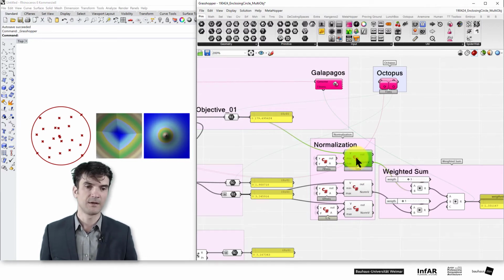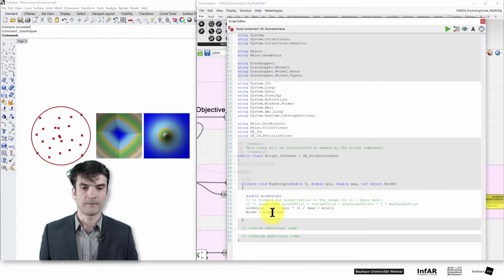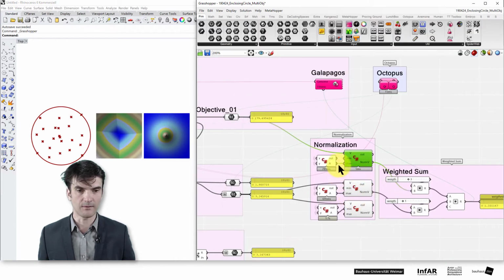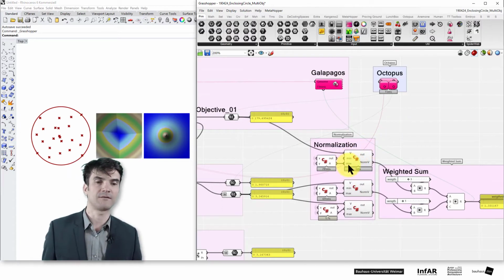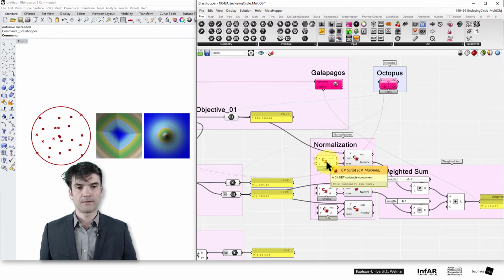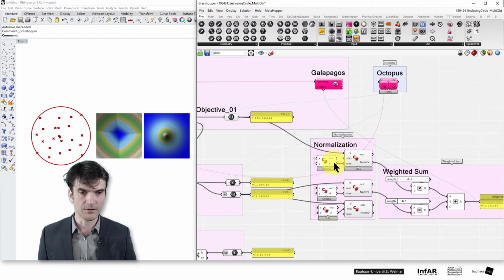And in the script we only see the normalization of one value. It's the same formula, but we don't have a list. We only have one value. And here the first difficulty is that we need to define the minimum and the maximum value. So the maximum value for our area is what is shown here. So we assume we have the center point at the corner of the landscape, so somewhere here. These are the maximum values, and then